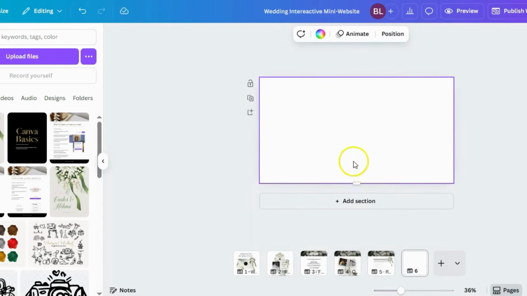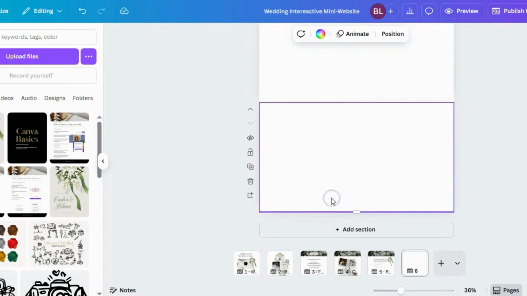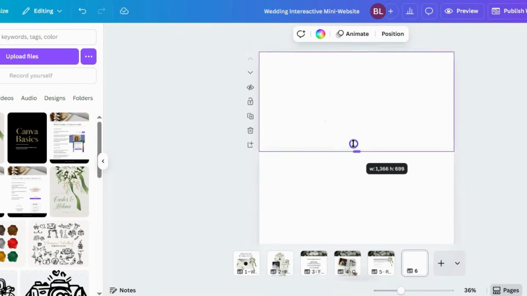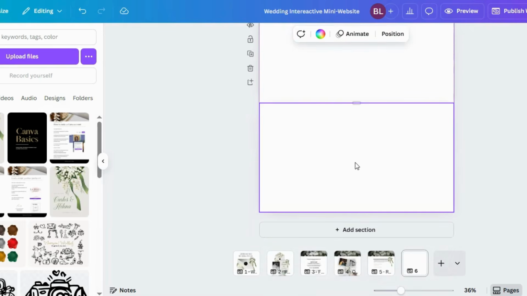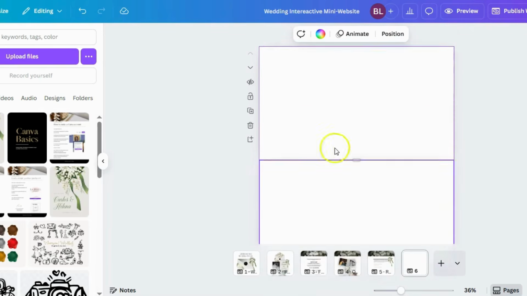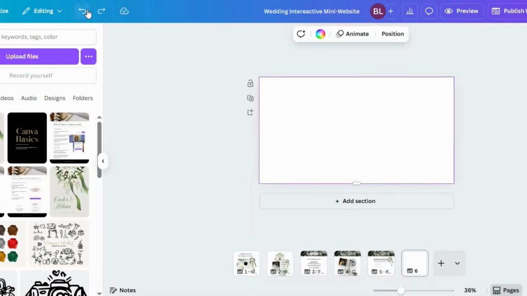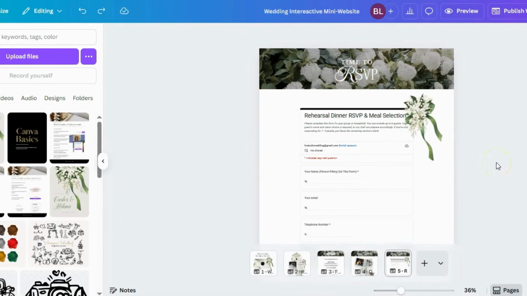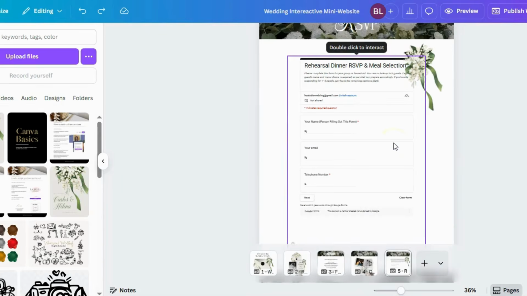You can also, in the same page, add a section. So it's still the same page, but sometimes you want to make things a little bit more manageable, so you will do a section. But as I said, most people would use that template with in mind the fact that they will change as little as possible, as quick as possible, so they can send this to their guests. So I hope this tutorial helped you see a little bit more of all the possibilities with this